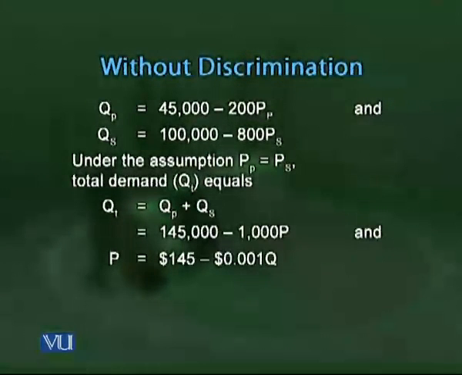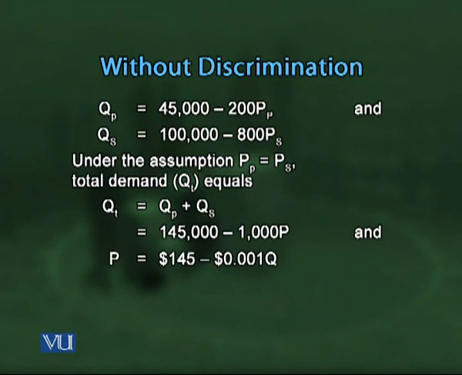Let's see if the firm decides not to introduce different prices, that is a discriminatory pricing policy, but instead it charges the same uniform price from all the groups of the society, that is students and non-students. In that case, obviously the market demand curve or the demand curve the firm faces will be the total of the students demand curve plus the general public demand curve. So we add these two demand functions and we get here the total demand, which is denoted by QT, and